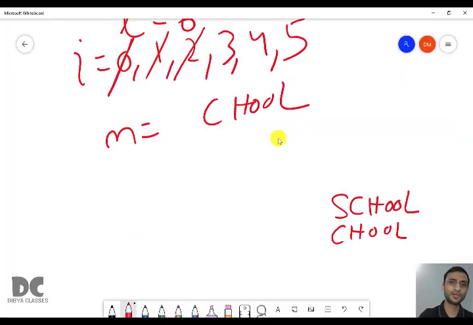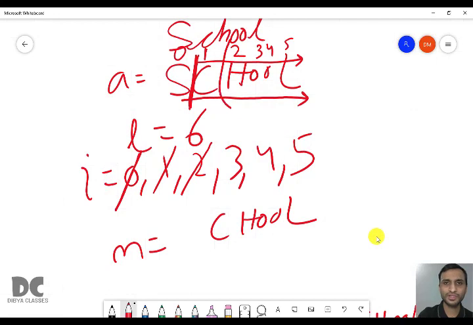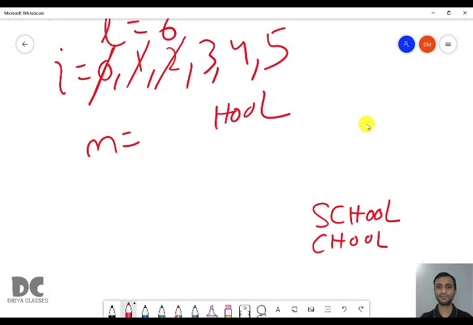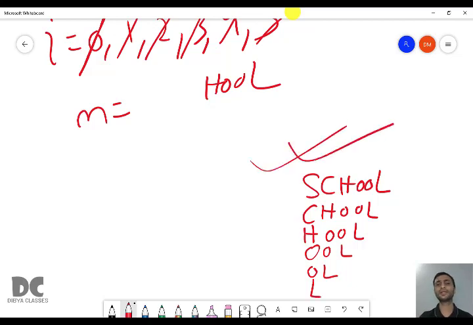Next time I value will become 2. 2 means from this location, HOOL. So in n, HOOL will be stored. So it will print HOOL. Next time I will become 3. It will store OOL and it will print OOL. Next time the value will become 4. It will print OL. Then 5. It will print L. So you are getting the required pattern.